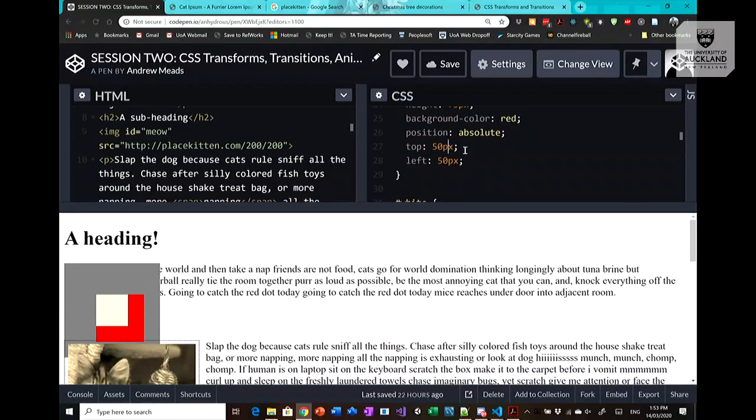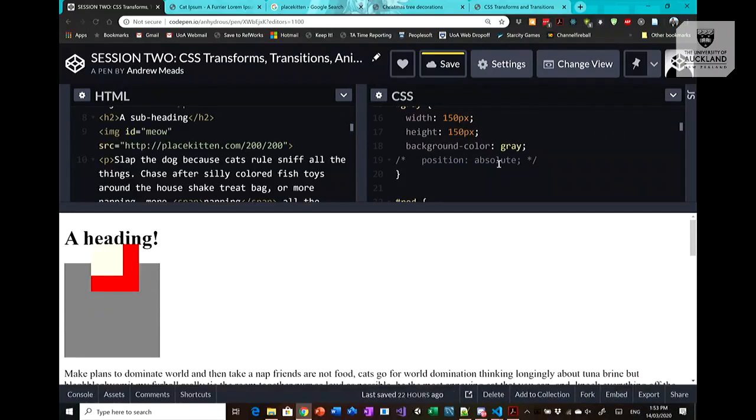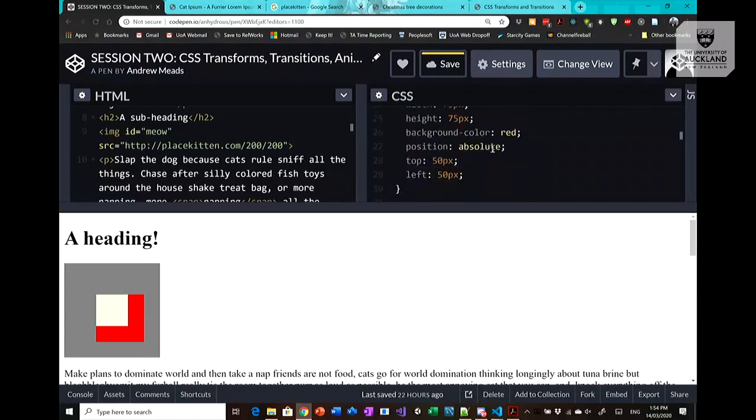So that's why with absolute positioning, my red box there, that's why if I don't give my gray box any positioning whatsoever, the red box is ignoring the rest of the page and laying itself out according to 50 by 50 away from the top left of the page. But once I give my gray box relative or absolute positioning, now the red box is laying itself out according to where the gray box is. So similarly, this white box in here,